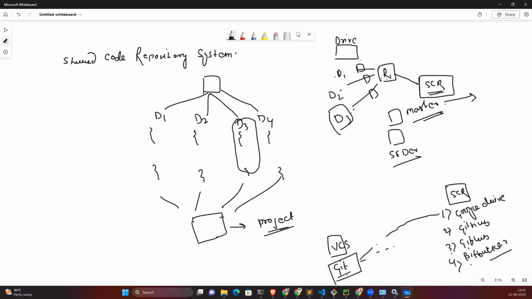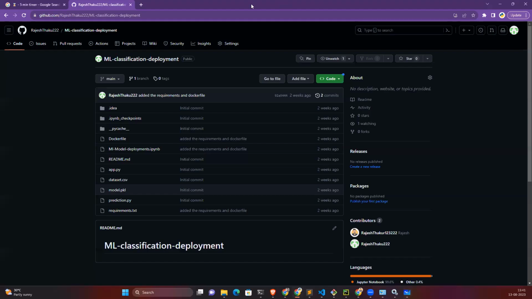But before moving on, any questions so far? Version control system, Git, you mean Git Bash? Yeah, Git Bash. On Windows it's known as Git Bash, but on Ubuntu and Mac it's known as Git. We'll talk about this. Any other questions? No questions, so let's jump into the task.